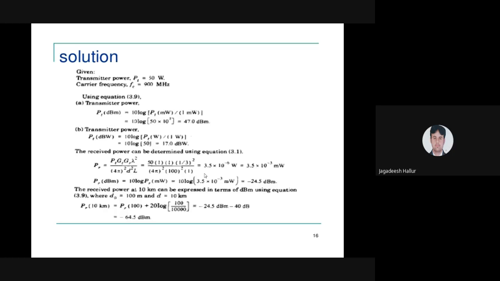Minus 24.5 dBm minus 40. The final answer for PR at 10 kilometer is minus 64.5 dBm. So this is how we are going to calculate